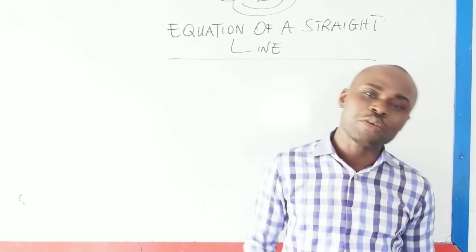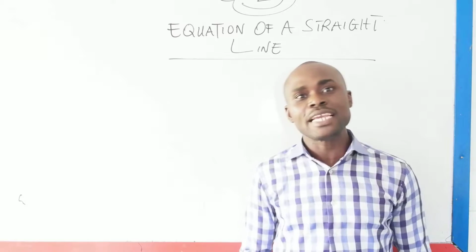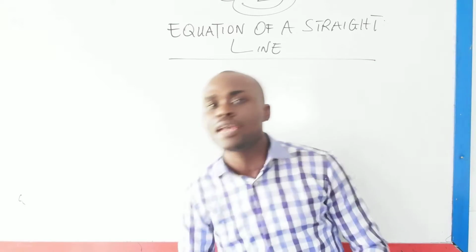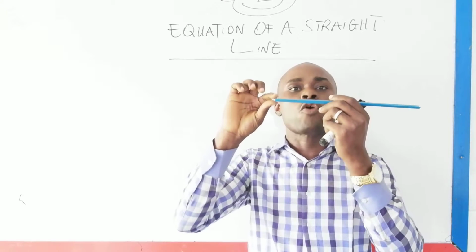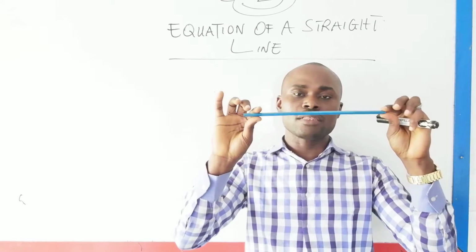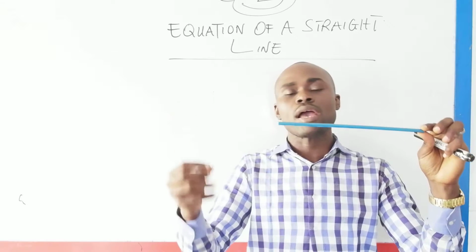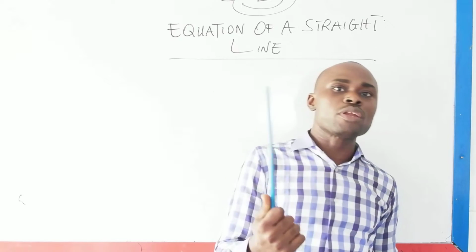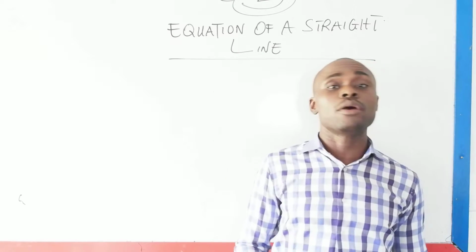And I want to show you about the equation and how to derive the equation given points, what we call coordinates. So if I have a straight line of this nature, I can have a coordinate to represent this. I have a coordinate to also represent this. The coordinate has to do with the x and y unit measurement from the origin. So I'm going to be talking about the straight line, and I'm going to be dealing with